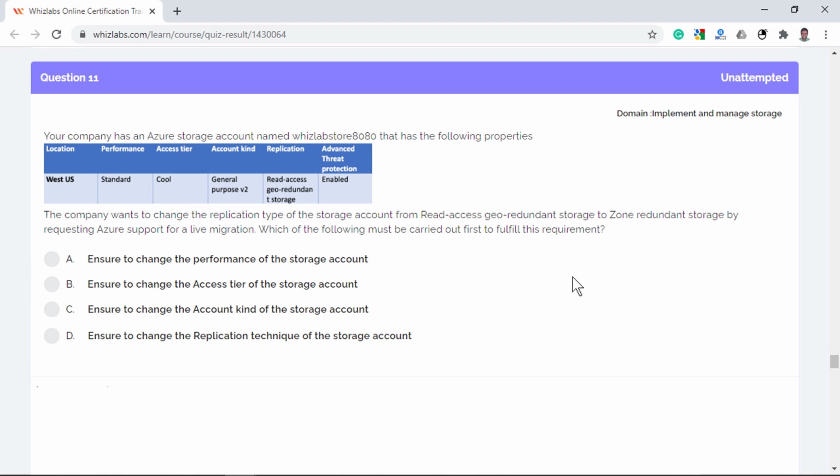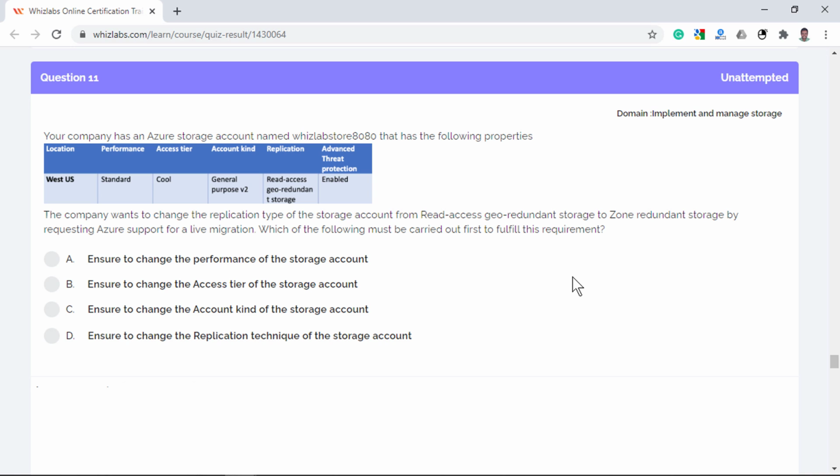Your company has an Azure storage account with the following properties and they want to perform live migration. Which of the following must be carried out first to fulfill this requirement? Well, a live migration is supported only for storage accounts that use locally redundant storage or geo-redundant storage replication.